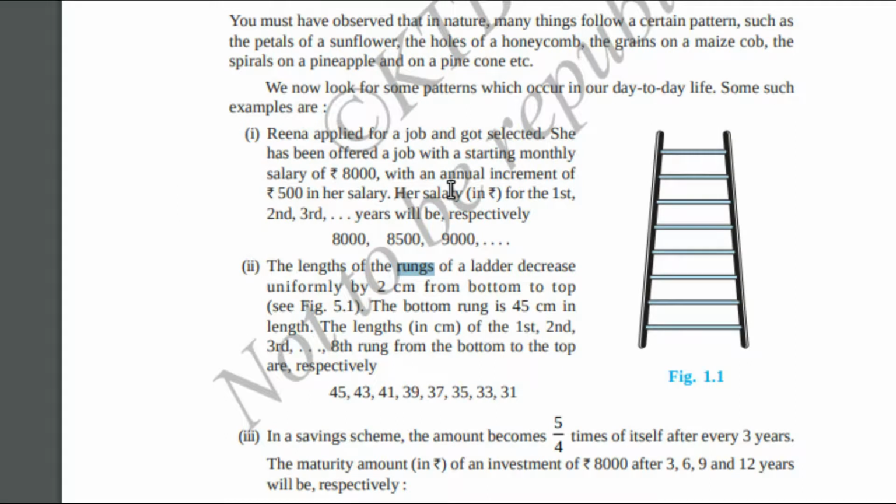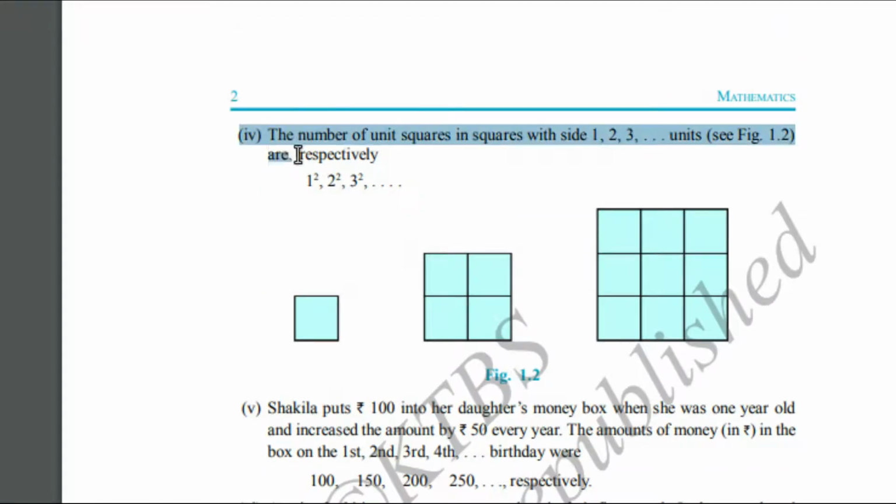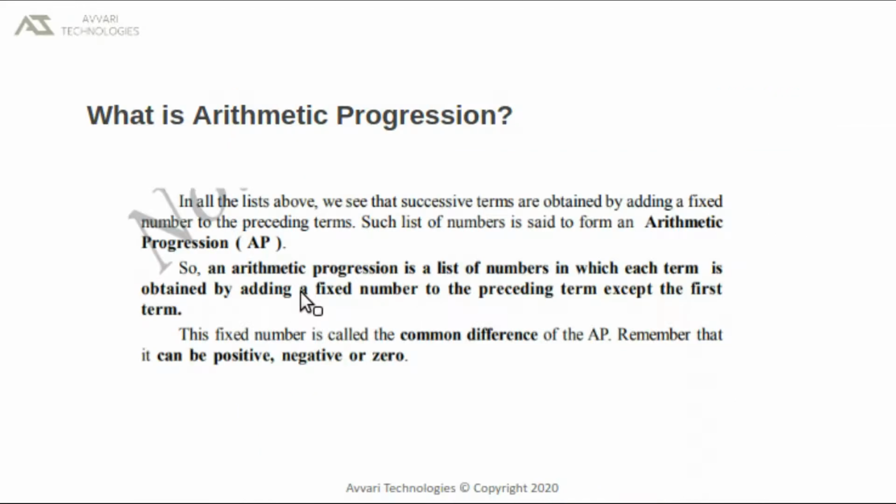These two examples follow the arithmetic progression. The flower petal example is an example of the Fibonacci series. Geometric progression will be studied in further classes. From the above examples, we can make the definition for arithmetic progression.